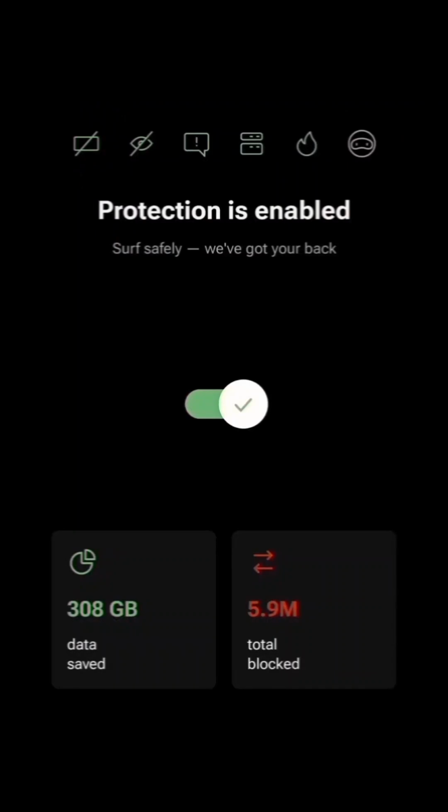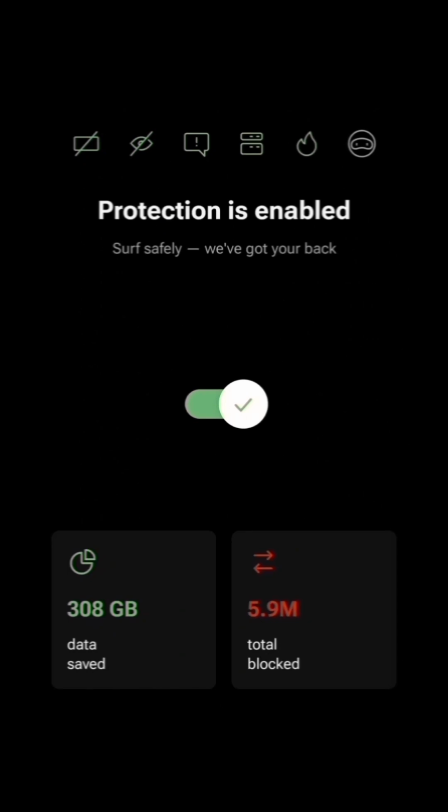Are you tired of those annoying ads constantly popping up on your mobile device? Stick around, because in this video, I'll show you exactly how to get rid of them once and for all. I'll be demonstrating with two powerful apps, one to block ads from appearing and another to remove the ones already cluttering your device. Watch this video until the end and you'll have the tools you need to enjoy an ad-free